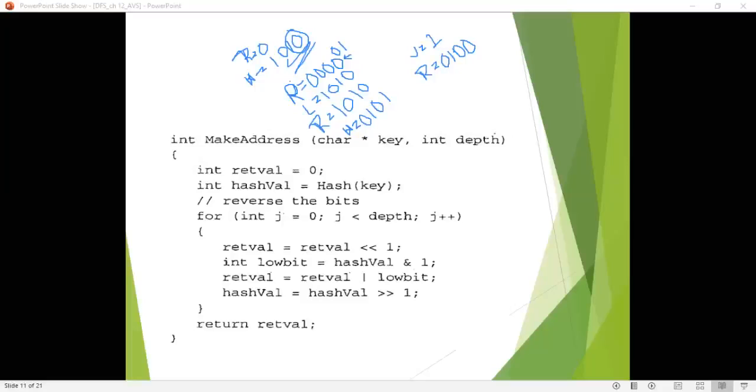And then int low bit L is equal to hash value ampersand with 1. What is the hash value now? This one. This is the hash value, isn't it? So you have to AND it with 1.